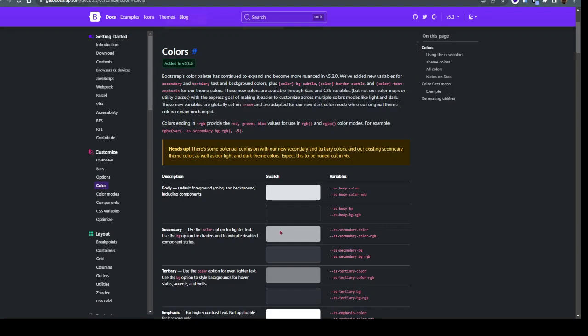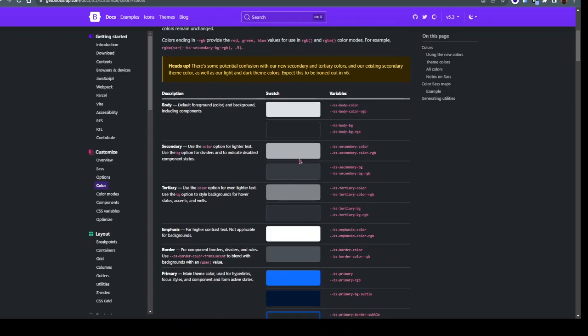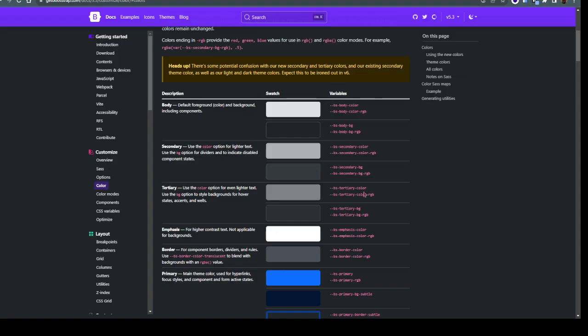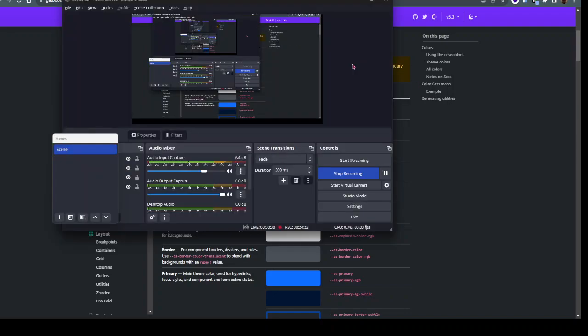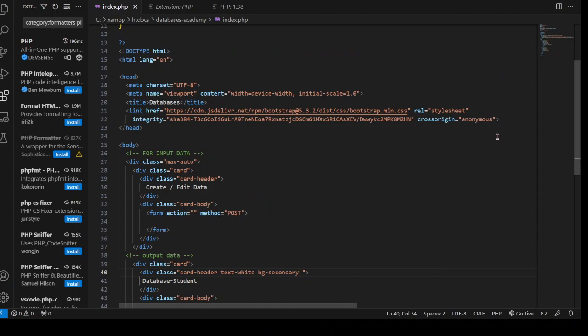As you can see, by using secondary, this is the color we use. Same, right? Yeah, this is again secondary. Okay,